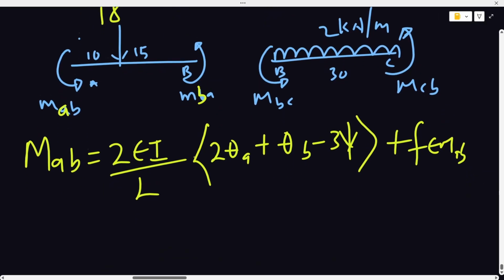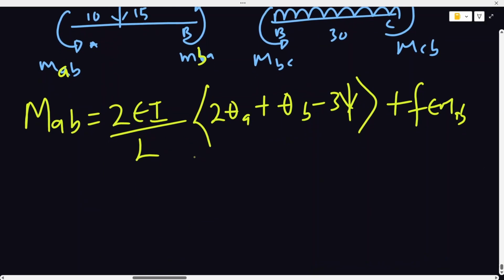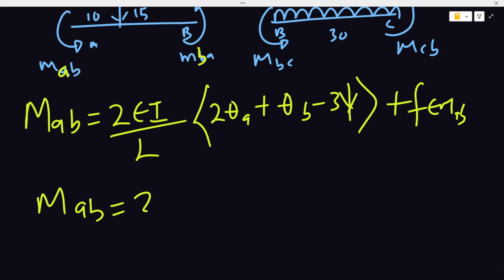So writing it down, MAB will be equal to 2EI over L, which is 25,